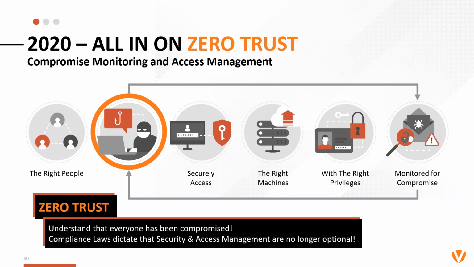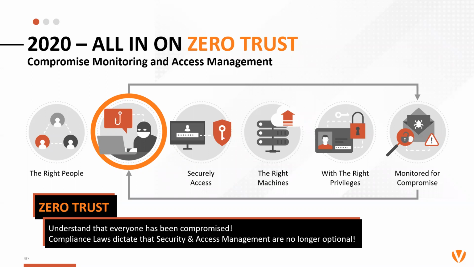Because once we've accepted that, we can shift our focus to access management, making sure that the right people have the right secure access and are working from the right machines at the right privileges. And at the same time, we're also monitoring for those compromised credentials and external threats. This framework lets us manage that individual access to make sure that we don't have team members accessing the network when and where they shouldn't, or logging into machines that they shouldn't have access to, or having privileges to sensitive data and applications that are beyond what's needed for their particular jobs. Establishing this cybersecurity framework really allows us to identify and address any gaps.